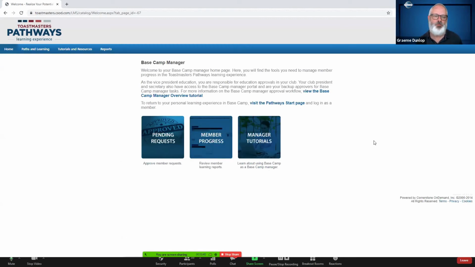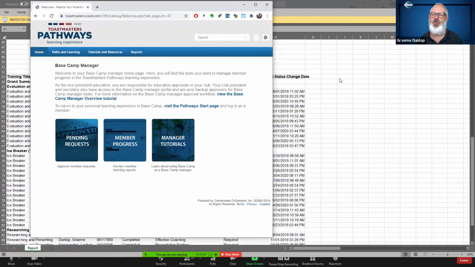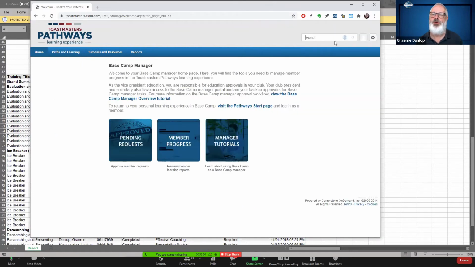Okay. Now, if we go back to the home screen, I think you're asking before about seeing an individual member's progress and where they're up to, and so on. So an easy way to do that, or a semi-easy way to do that, is to come up, and I'll maybe make my screen a bit smaller again, is to come up to this search box here. And if you want to find out for a particular member, you just type in their name, and you can see that you get their name coming up here. If you click on that,